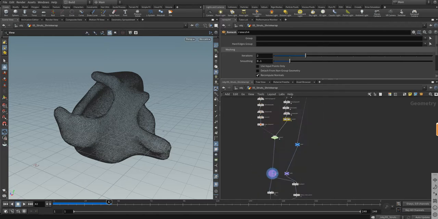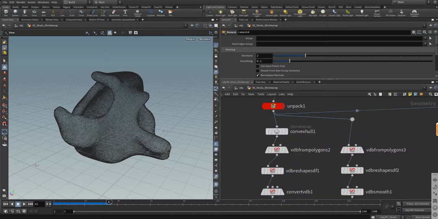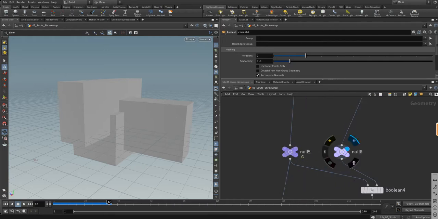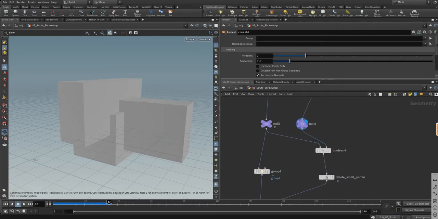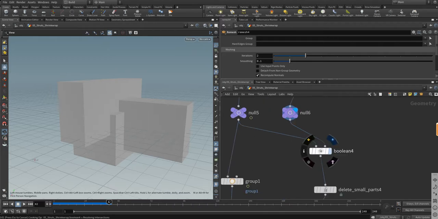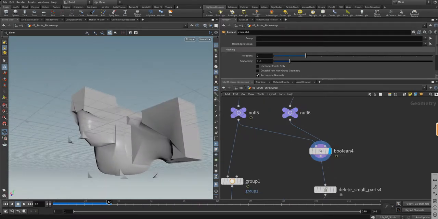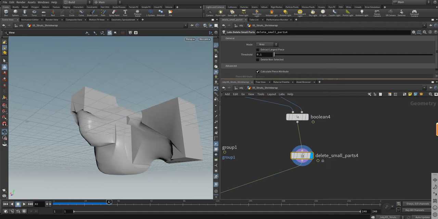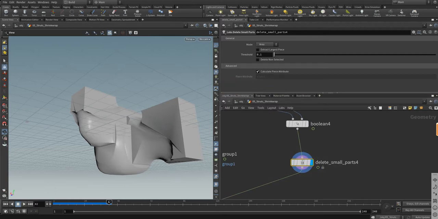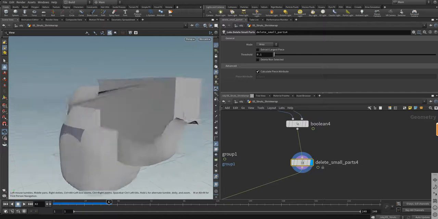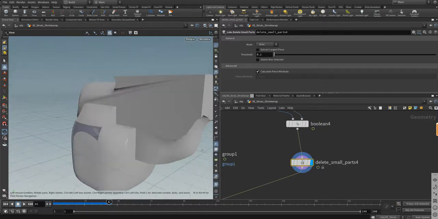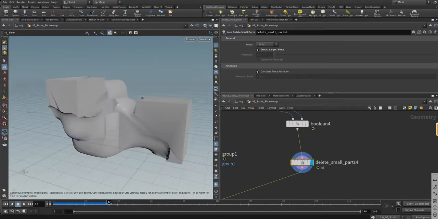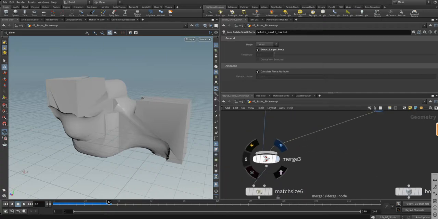Well, actually we get the unpacked geometry, this one down here, another none, just another add geometry, and we make a boolean, yeah, something like this, and we delete small part. Just delete a small part. We can use this, yeah, extract the largest piece,